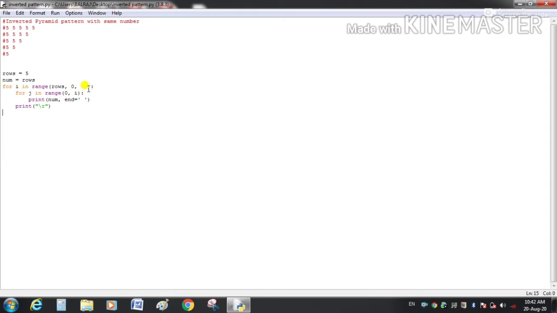This third parameter is the step of the loop, means after every execution of the for loop, this counter will be decremented by -1. First time i will execute for the value 5.